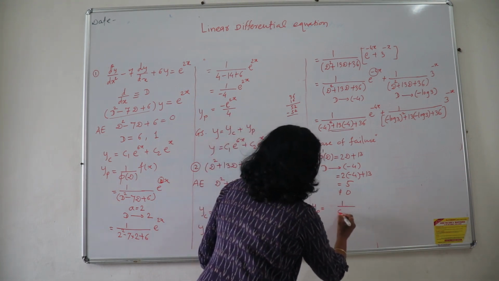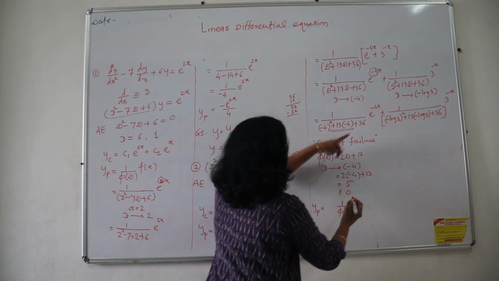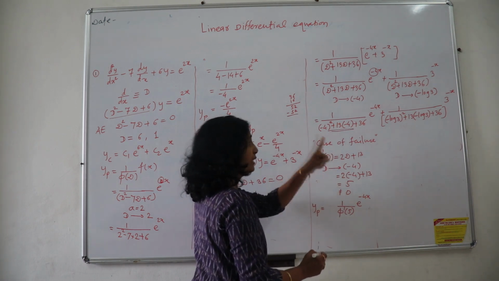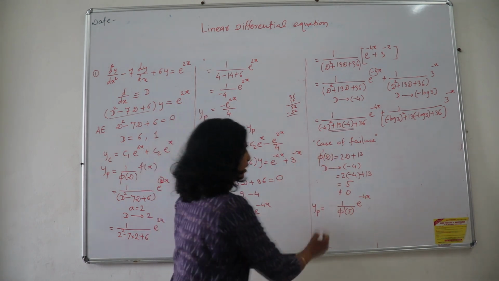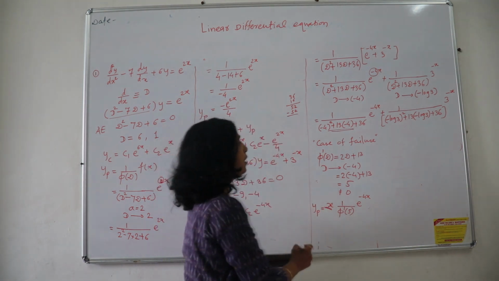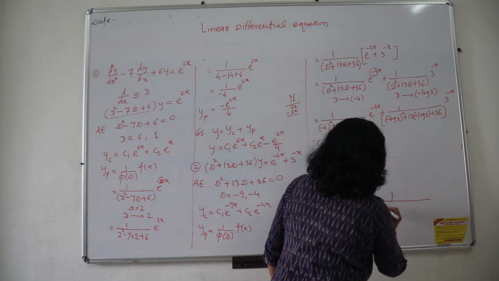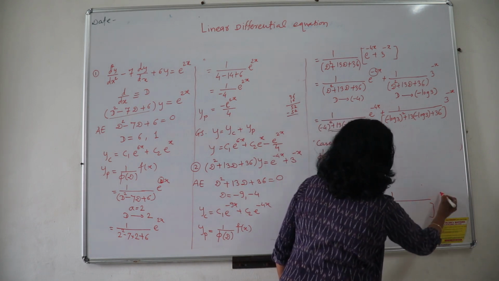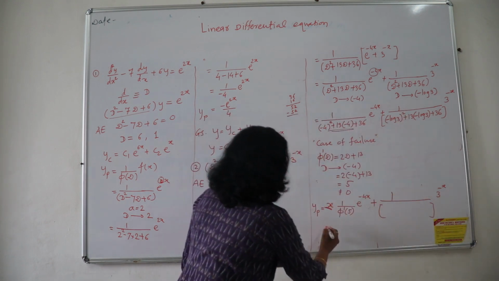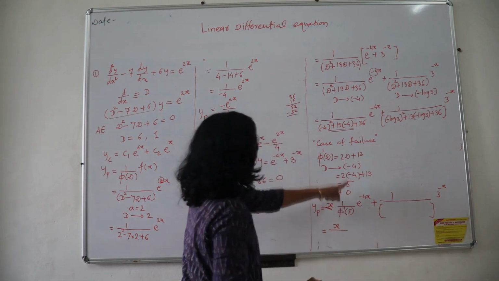So this is 1 upon phi dash of a. A is nothing but 5. My function e raised to minus 4x will remain as it is. As you have taken one derivative where the value is not equal to 0, I have to multiply here by x. Don't forget this x. And then plus, let me carry on the same quantity here. This quantity will remain exactly the same, 3 raised to minus x, because I have already obtained the answer part here. And then the last part, 1 into x is x upon phi dash of phi u.